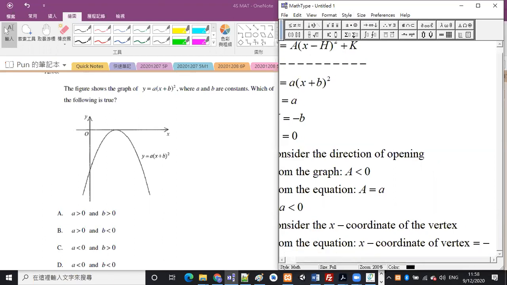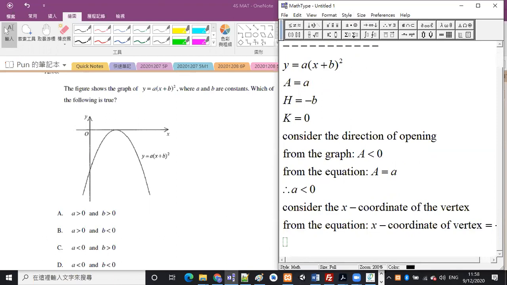Is negative b, I mean. From the equation, h is equal to negative b. And then from the graph, we can see that the vertex